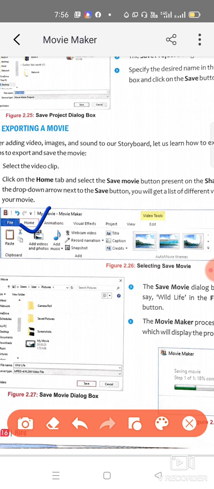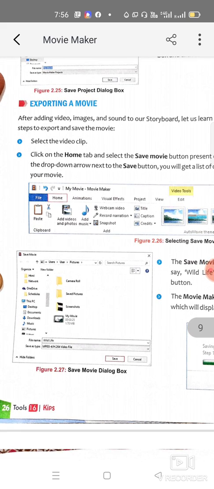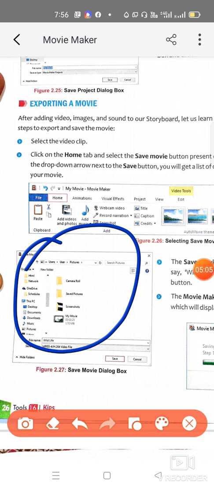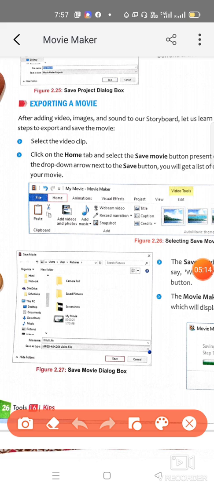As you click on save movie button, this kind of window will appear. You can see the save movie box will appear. Here you can write another name of your file, and from this list you can change the format of your file, if you want to save it in any other format.